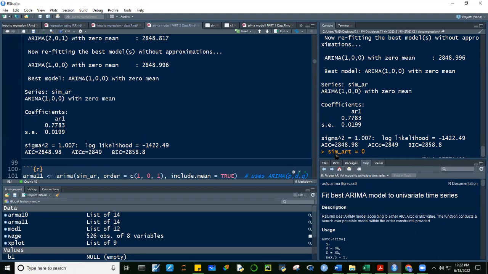It will become 0.7783 times simulate AR t minus 1, di ba? T minus 1 siya kasi that's lag 1, and then plus a certain error term, epsilon sub t. So this is our best model dun sa simAR na simulated model natin. Okay? Take a look at this. Di ba?